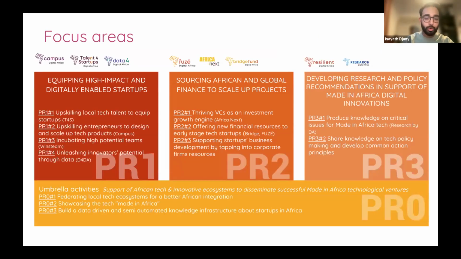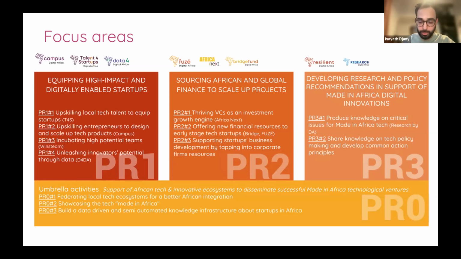Just to give you the macro view of Digital Africa, we are split into three pillars. The first pillar is related to capacity building, so we have all of our programs related to capacity building in this first pillar. On the second pillar, we have programs related to finance. The third one is about research, and we have umbrella activities that are programs transversal to all the programs in Digital Africa, and that support Digital Africa initiatives.